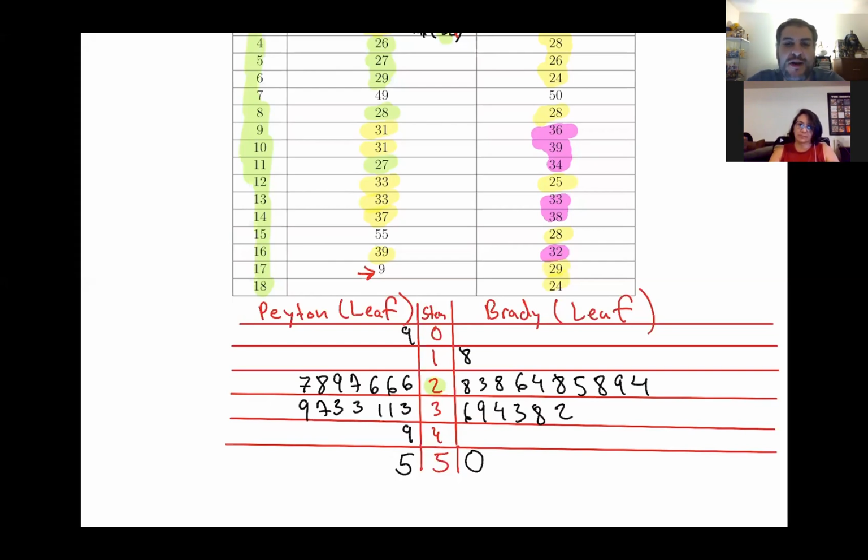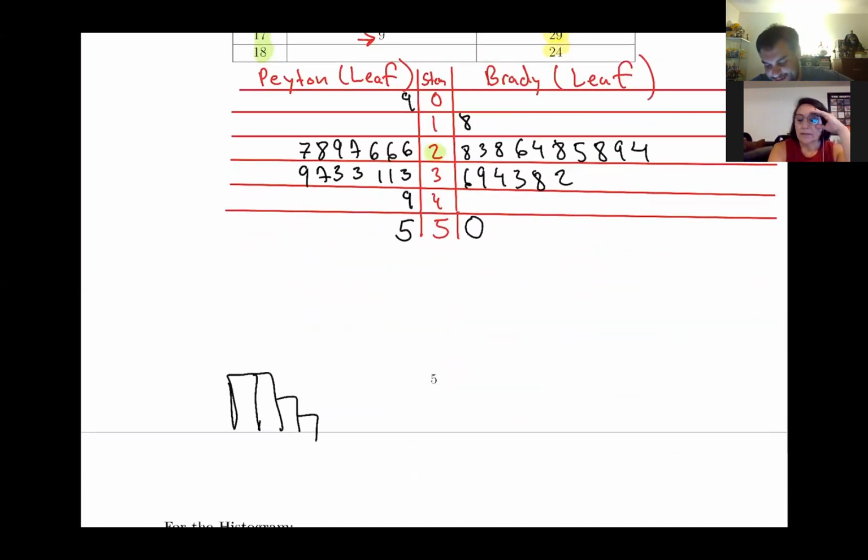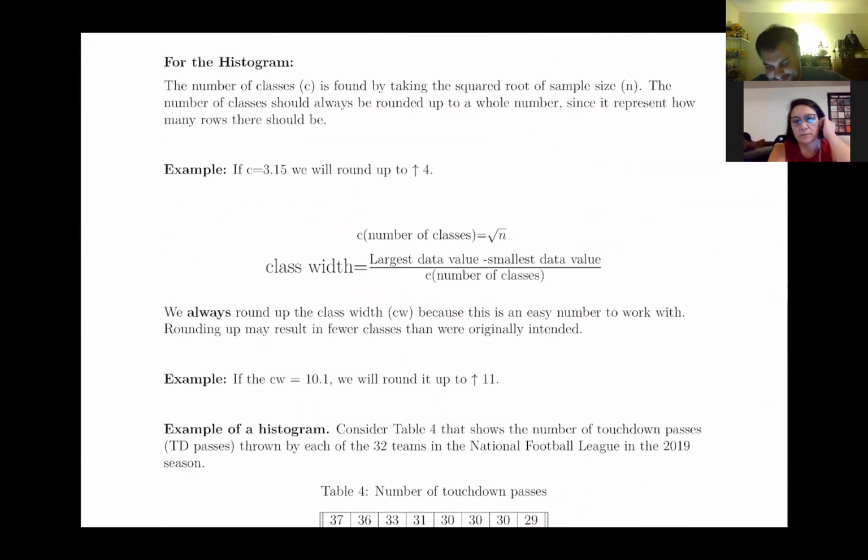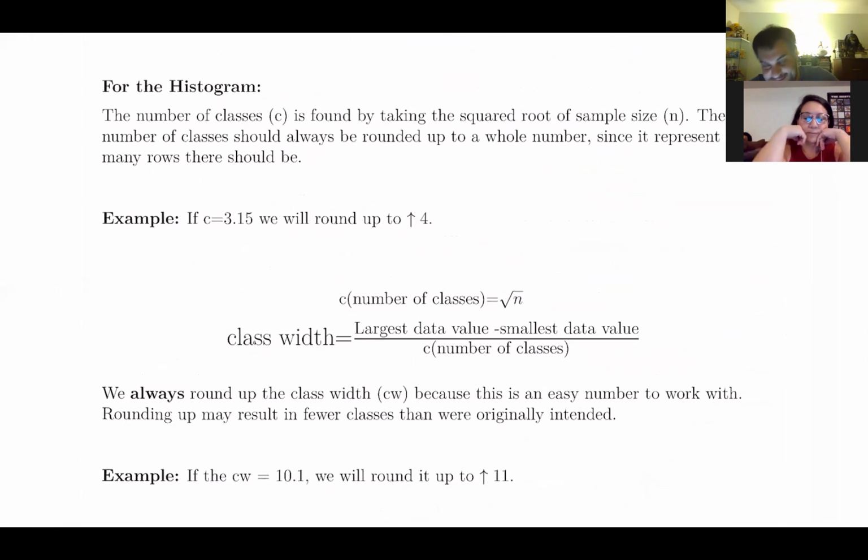So the next one we're gonna go over, just to recap which graphs we have done so far, we've done the dot plot, we've done the stem and leaf plot. So the last one we're gonna be doing is the histogram. The histogram is probably gonna be the more technical one, because the dot plot and the stem and leaf plot are pretty easy to do. The histogram does have a little bit more steps to it. So let's go on to the histogram. All right, so for the histogram, we're gonna get,